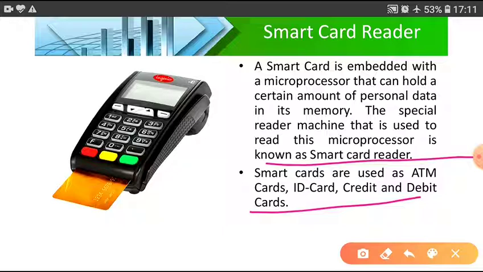You can use different types of cards provided by different shops, Big Bazaar and Reliance Mart also. Your card will be scanned by this type of machine and it reads the information contained in your card.